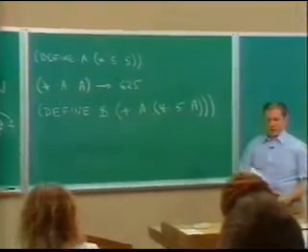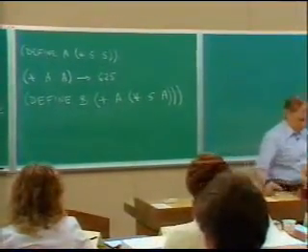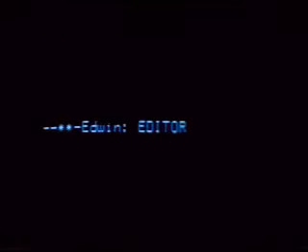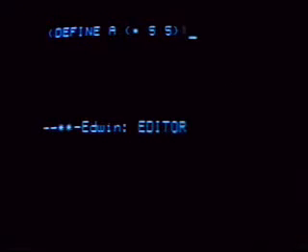Well, let's take a look at that on the computer and see how that looks. Right, so I'll just type what I wrote on the board. I could say define A to be the product of 5 and 5. And I'll tell that to Lisp. And notice what Lisp responded there with was an A in the bottom. In general, when you type in a definition at Lisp, it responds with the name, the symbol being defined. Now I could say to Lisp, what is the product of A and A? It says that's 625.